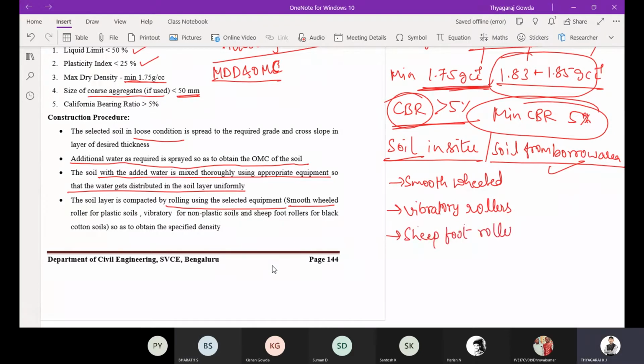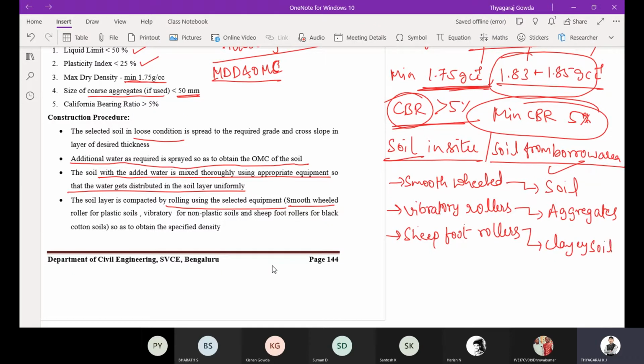Remember, whenever you are writing about rollers, smooth wheeled rollers are used for soil compaction. Vibratory rollers are used for aggregate compaction. Sheepfoot rollers are used for compaction of clay soil.